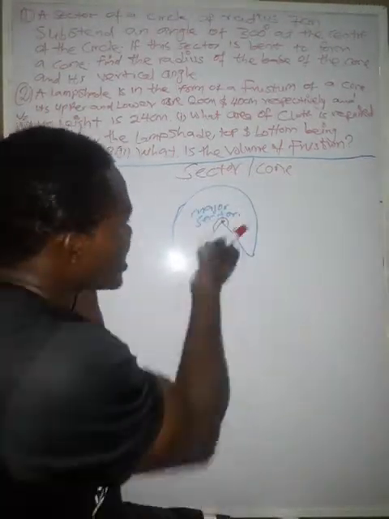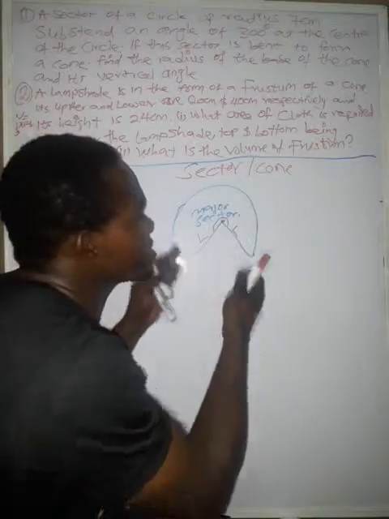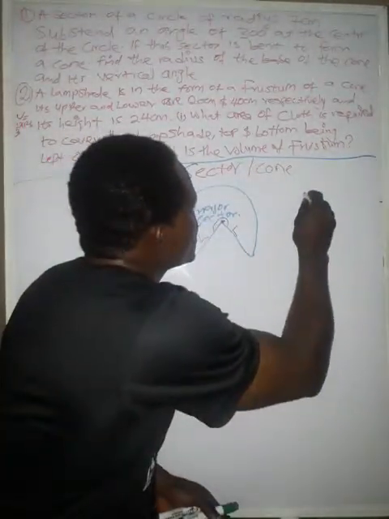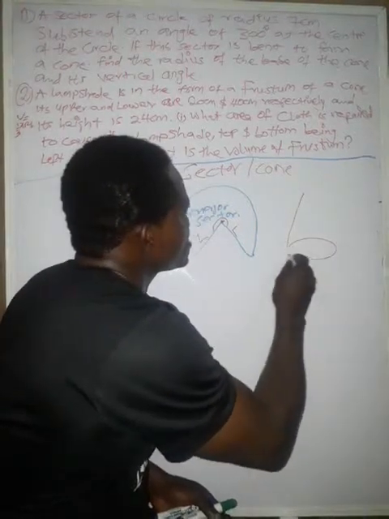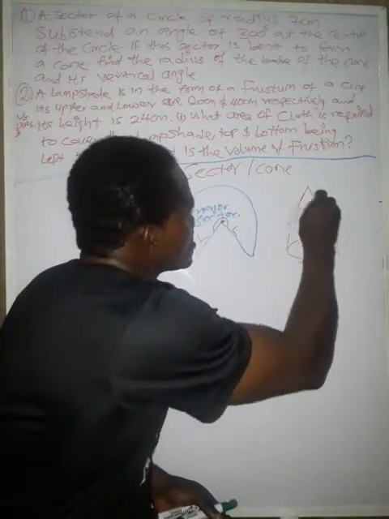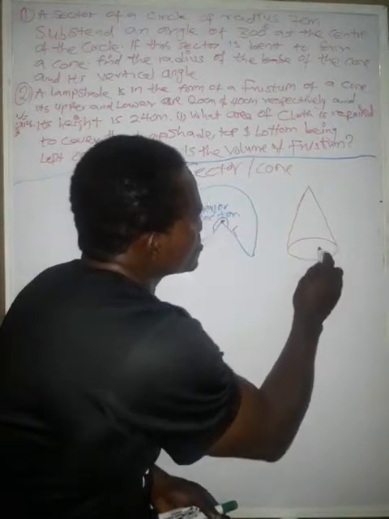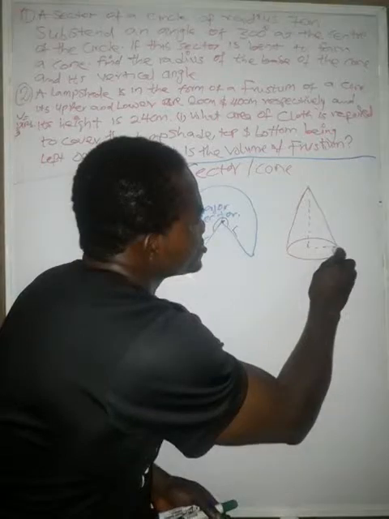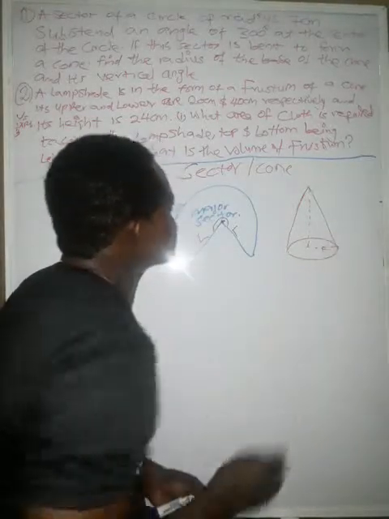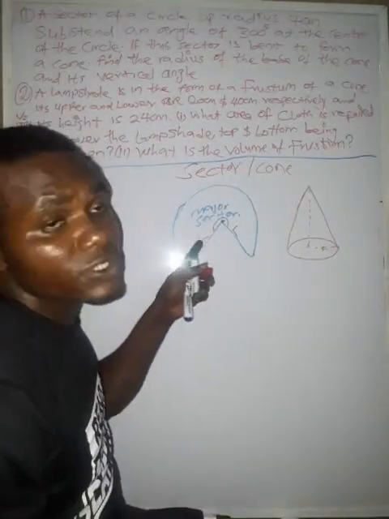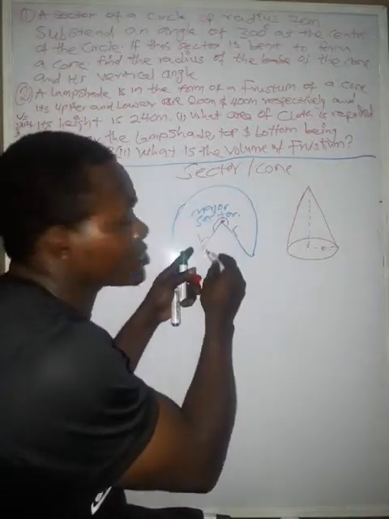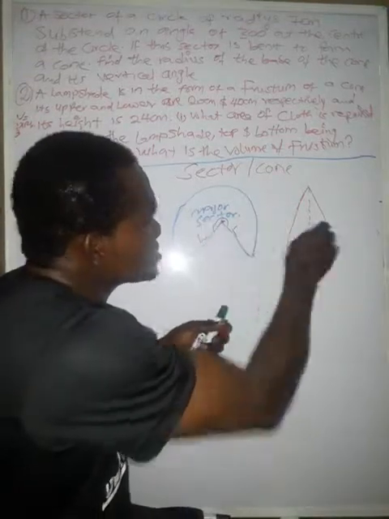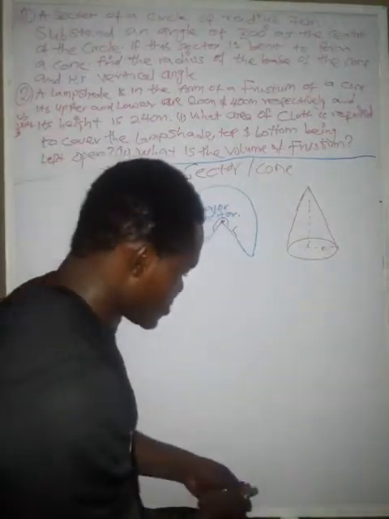Now, I already have a sector. How does this become a cone? A cone is like this. Let me draw this. So this is a cone that has a base radius R. This is why I don't want to call this one radius now, but just know that it is the radius, but I'm representing this as L. So what is now the relationship between this and this?